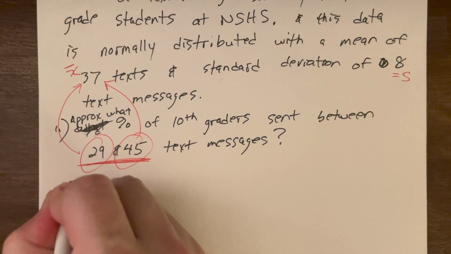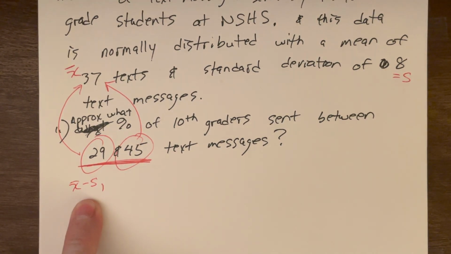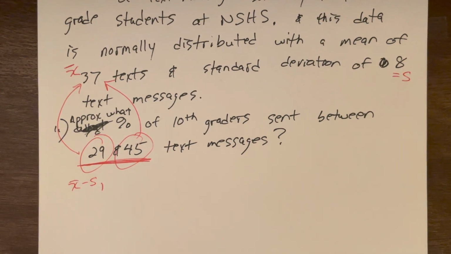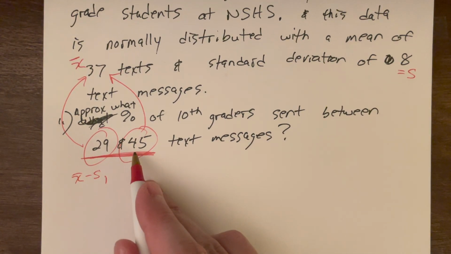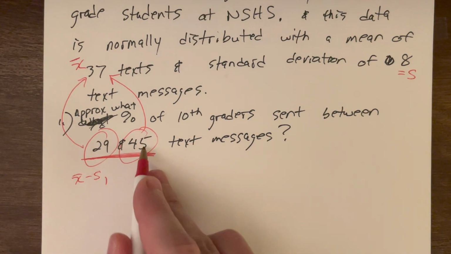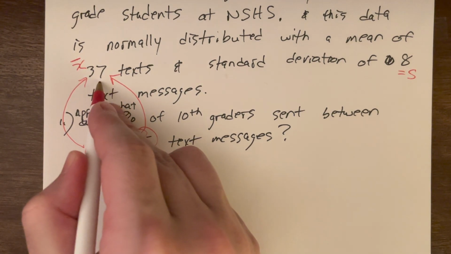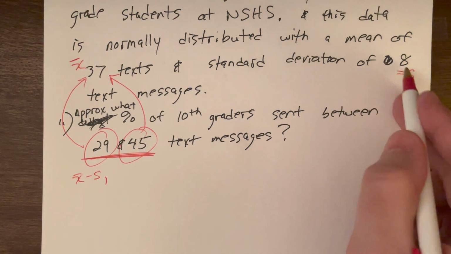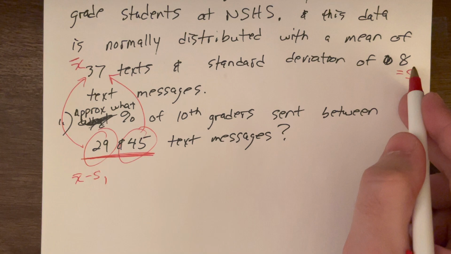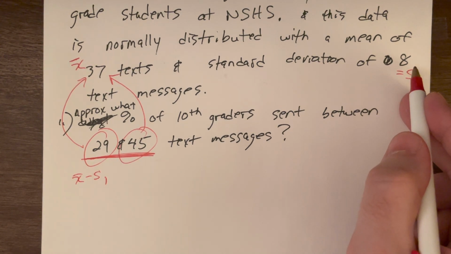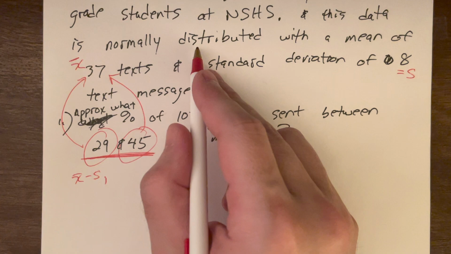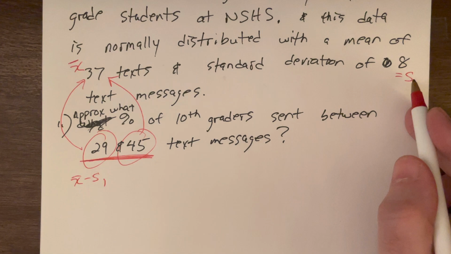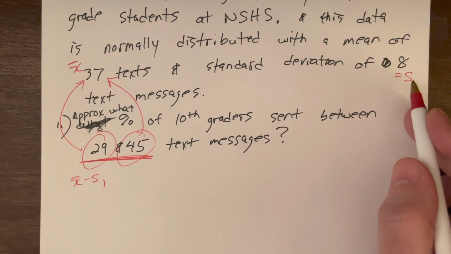So 29 is the mean minus 1 standard deviation. You could put the 1 in if you like, or just having an s, we assume the 1 is out in front. And then similarly with 45, what's so special? Well, 45 is 8 units bigger than this. 45 minus 37 is 8. So there's that 8 again. That's not a coincidence. Later on, we'll have more tricks with the normal distribution so that these differences don't have to work out so cleanly. But at this stage, they do. They have to be this perfect.